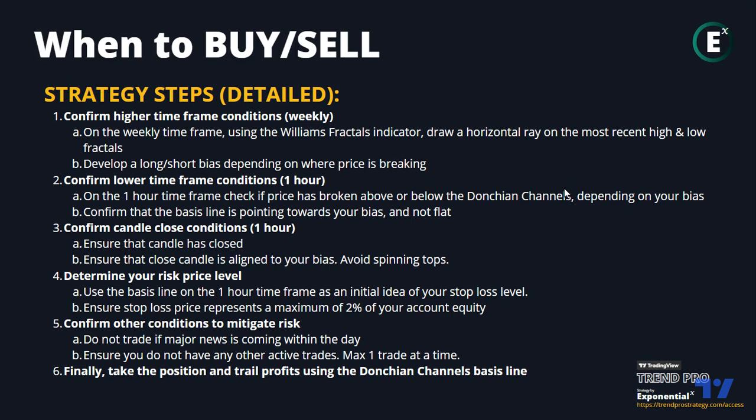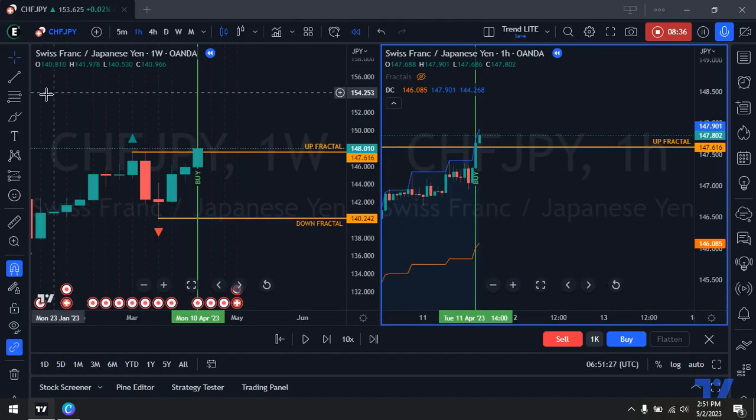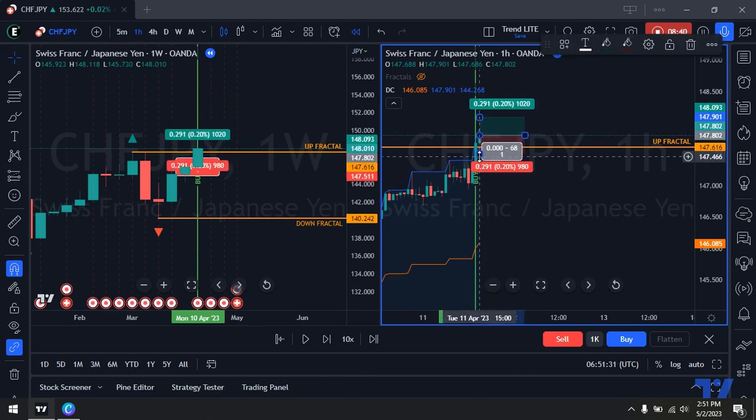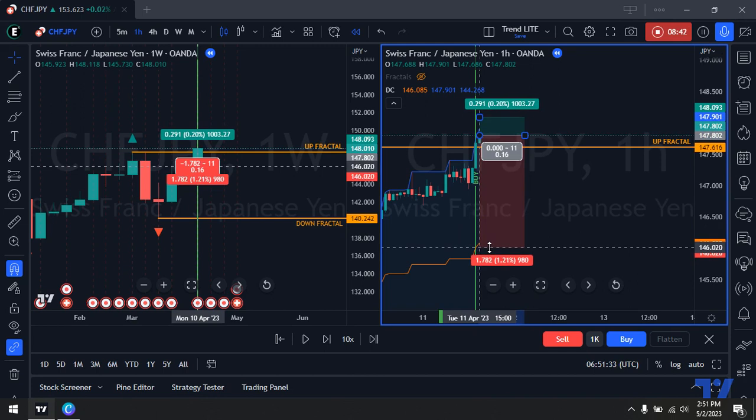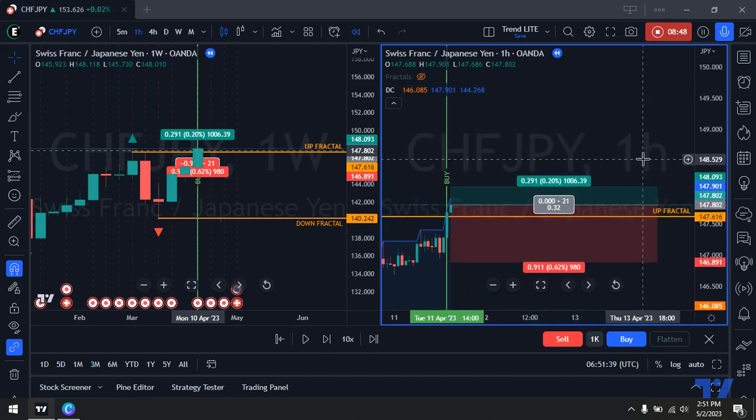Our risk price level. Normally our basis line on the 1 hour time frame is the initial recommended level for our stop loss. And we ensure that that level is 2% of our account equity. Now you can adjust this based on your experience. So for my own preference, if I were to buy here, I do think that this is too wide of a stop. I think we have some nominal support level here, and I would set it there